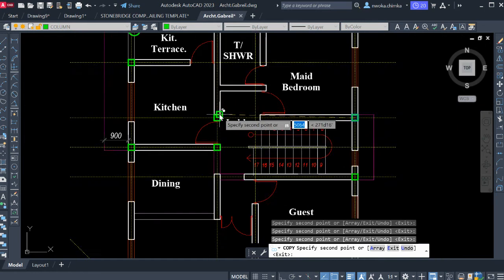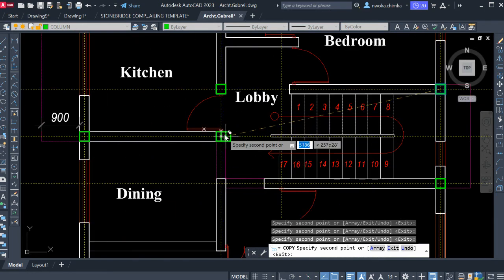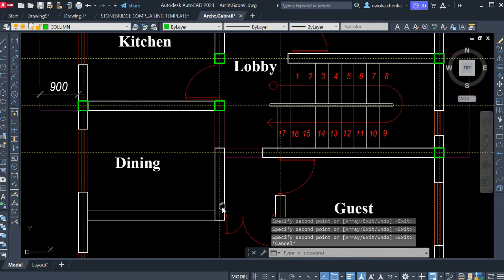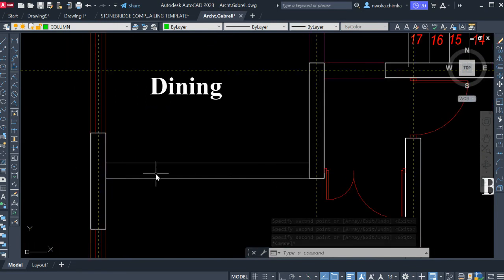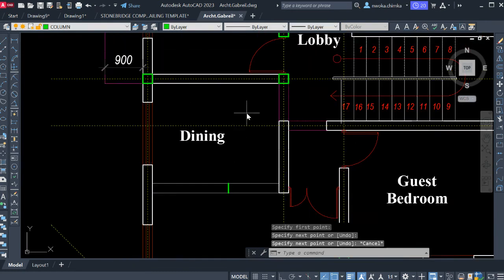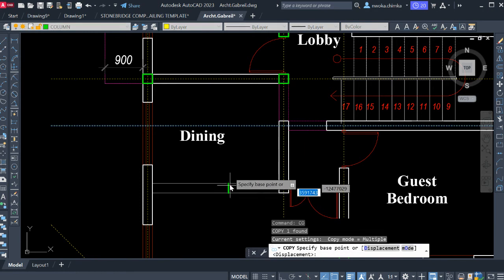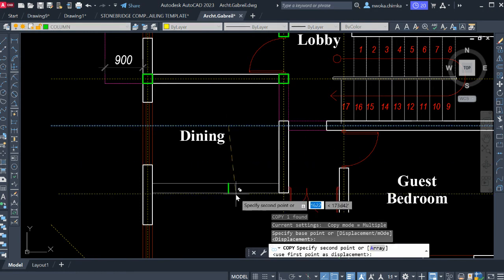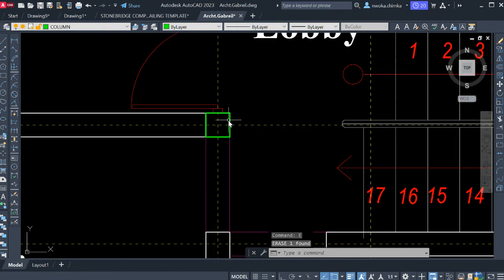Looking at this now, these two columns seem to be very close. So what I'll do right now is remove this column and transfer it to this point. But first, we will have to create a grid line here, because you can see that there is no grid line here. So I'll just divide this by 2, copy one of these grid lines, trace it up here, copy from this point and bring it down here, and then remove this line of division, and then I'll just move this column from this point